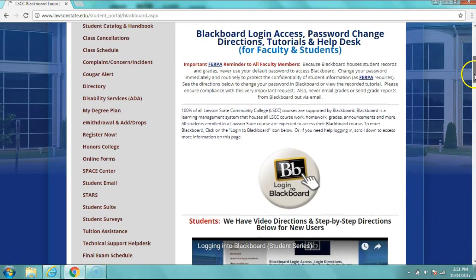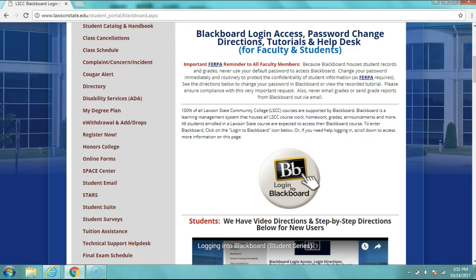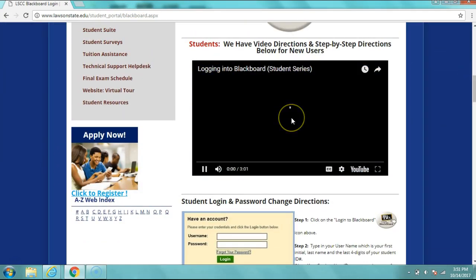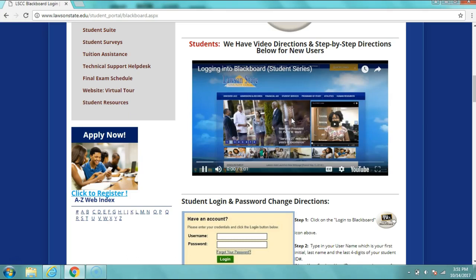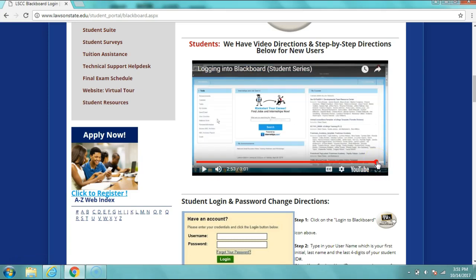So you want to make sure that if you have a link, for example, that that link is working and it's going to the right location. Or of course, if you have a video, you want to make sure two things. One, you want to play the video and make sure it's working. As you can see here, I turned the volume down a little bit. But the most important thing also is go to the bottom, the end of the video, and just make sure,